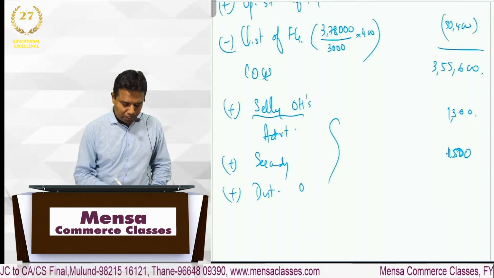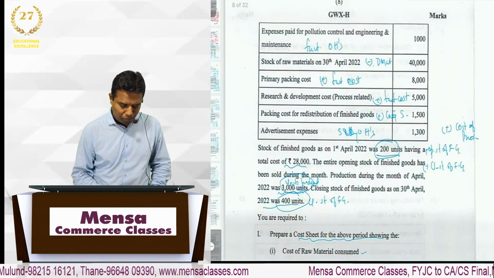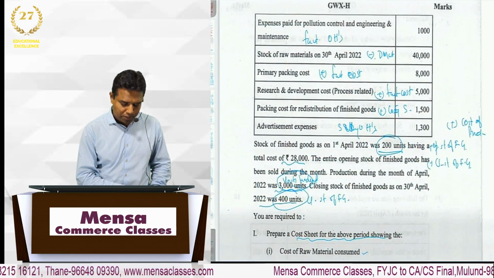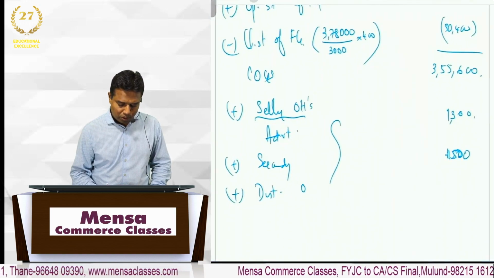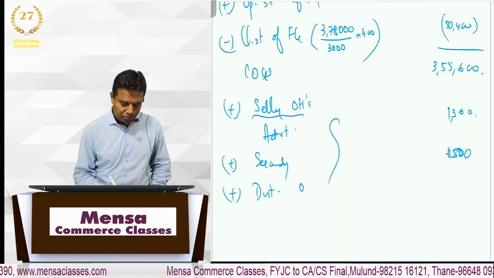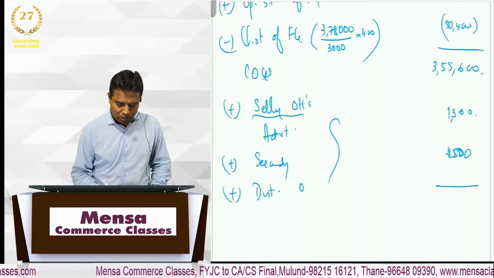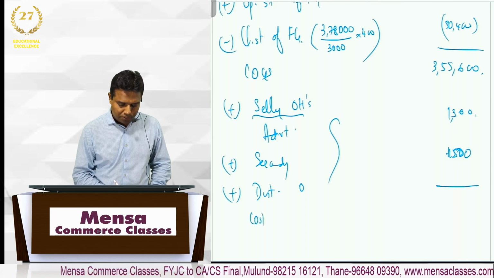Correct. Distribution, any overheads pending? Nothing, only two things. So distribution overheads is nothing. So add it up, you'll get the cost of sales